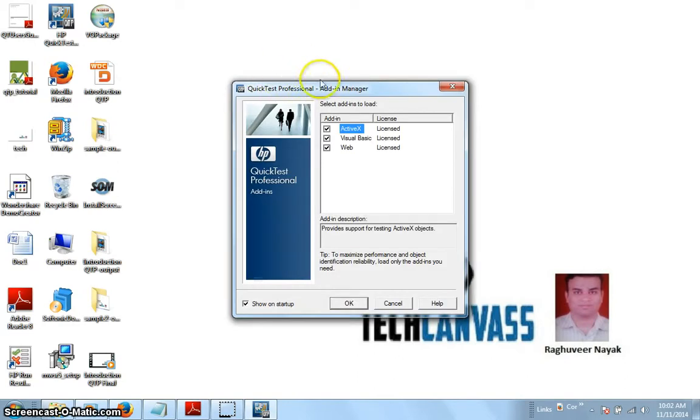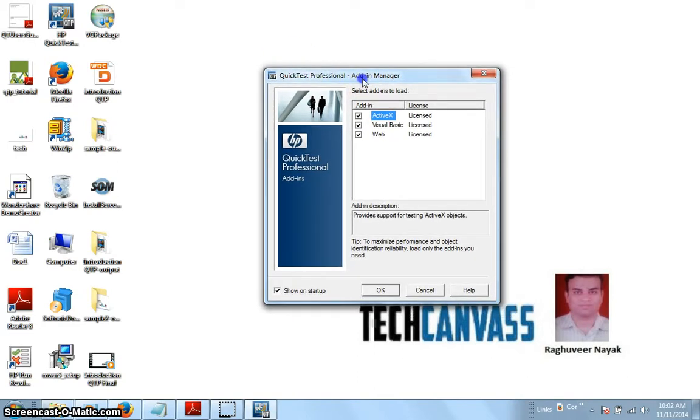After continue, the next screen appeared for the add-in manager. Generally, when we install QTP, it asks which type of add-in you expect. These are the three default add-ins which QTP provides you. In short, an add-in is like a third-party entity which could interact with the system. So it's an intermediate between your QTP and system. Once we install it, the QTP and system interact with each other with the help of the add-in.